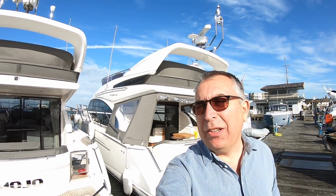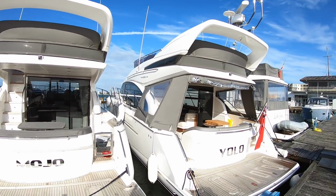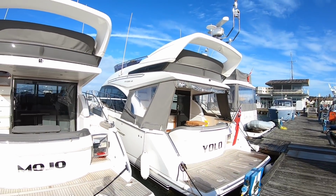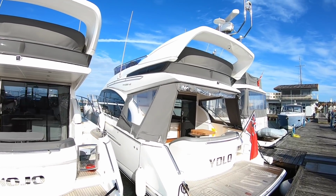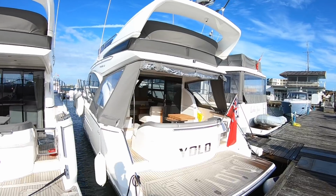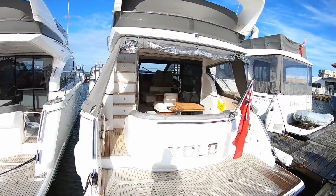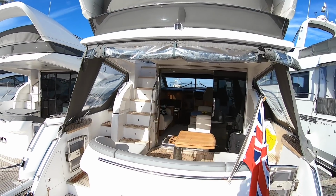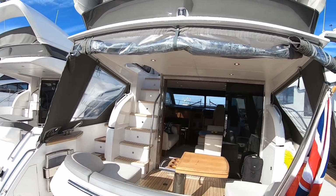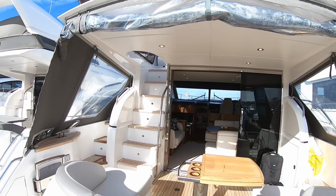I'm in Poole for Motorboat and Yachting today, looking at this Princess 43. Now this is a boat that was launched at the end of 2013, and it's one that ran until late 2018. And I think it's a particularly interesting boat because the layout of this boat dates right back to the 1980s. It's been refined and refined since then, but actually the basic layout you found on the Princess 38,